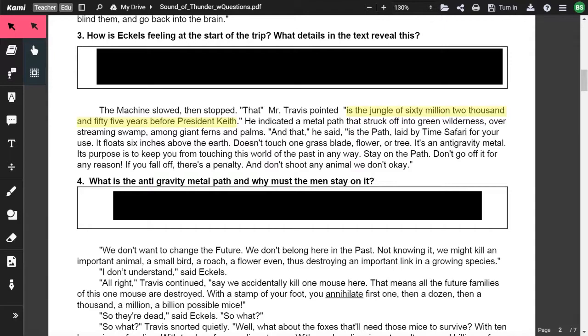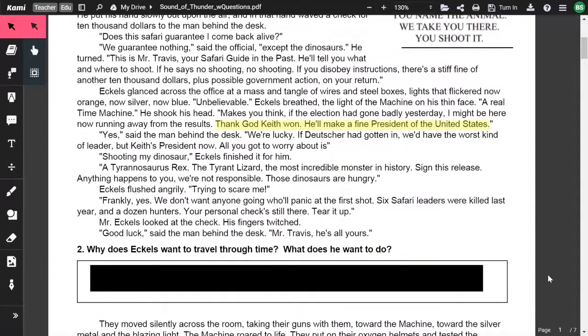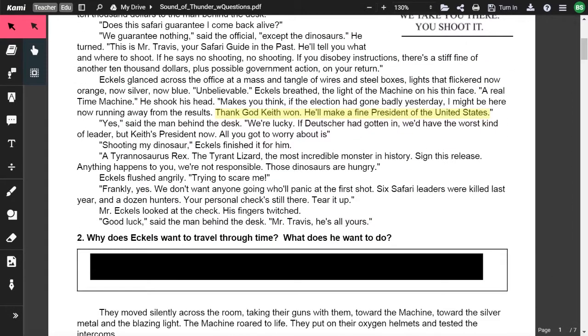Okay, and we're going to stop reading there for today. We have our fourth question. What is the anti-gravity metal path, and why must the men stay on it? I want you to pause the video and see if you can answer this before I go back up and show you the answers. Okay, so for number 2,